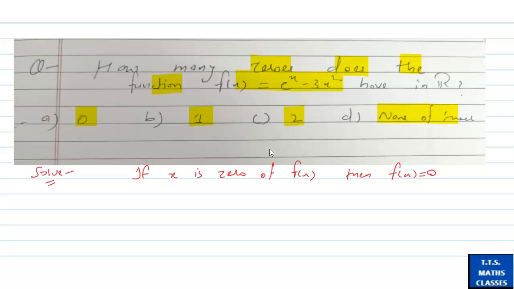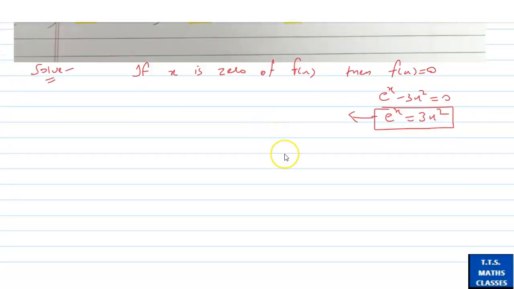So for this, e^x - 3x^2 is equal to 0, so e^x is equal to 3x^2. Okay, so now we have to check how many points the graph of e^x and 3x^2 intersect. Okay, if the graphs of e^x and 3x^2 intersect at one point, then we can say